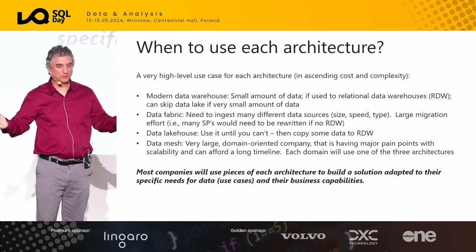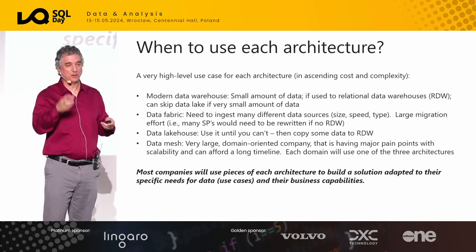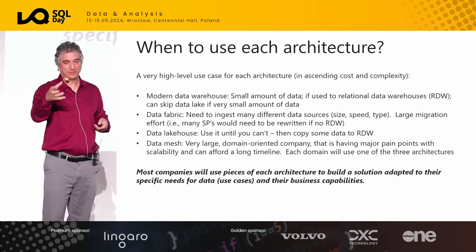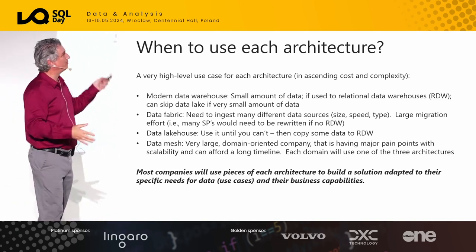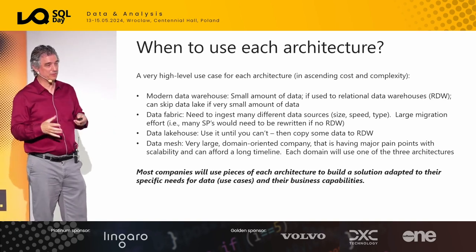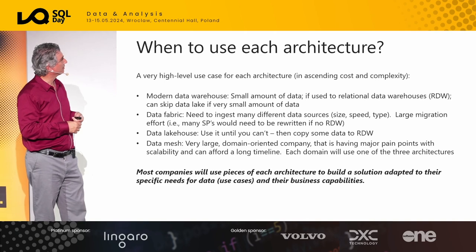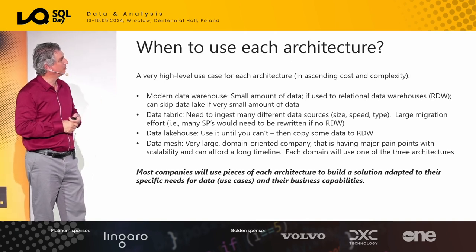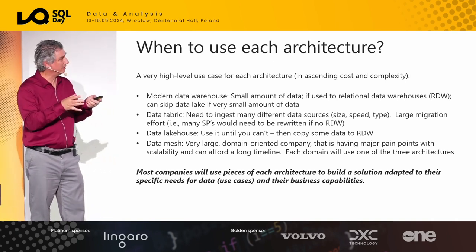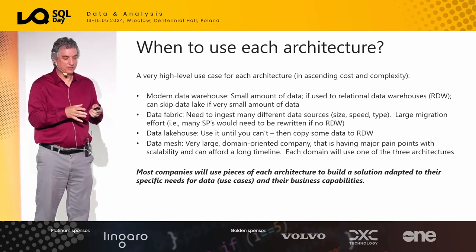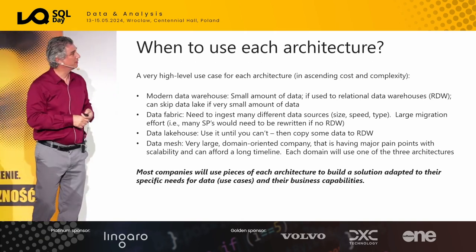Because they may have written thousands of stored procedures that work against a relational database. Those stored procedures would have to be rewritten to go against a data lakehouse, because Delta Lake doesn't support all of SQL. So you have to do a lot of rewriting. So in the meantime, they may just keep a relational data warehouse and then migrate off of that RDW later. Most customers do the data lakehouse. I say use it till you can't. And if there's a specific set of data that won't give you the performance you need, as an example, then you copy just that data into the relational data warehouse.